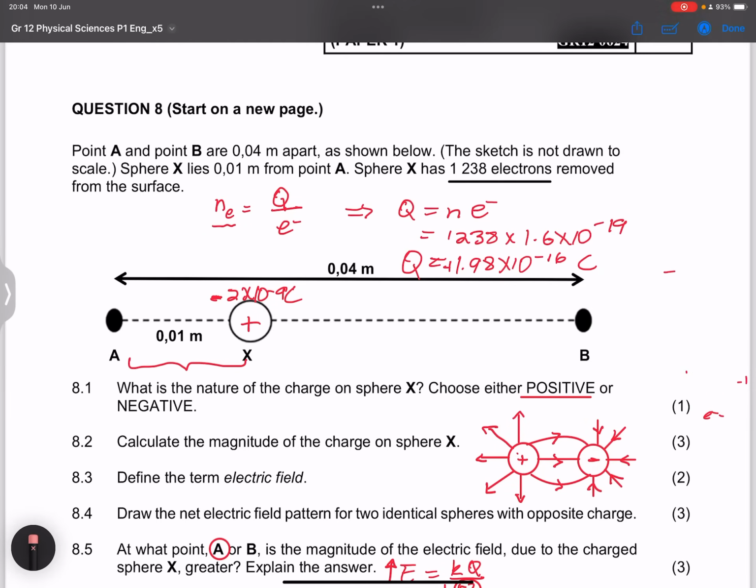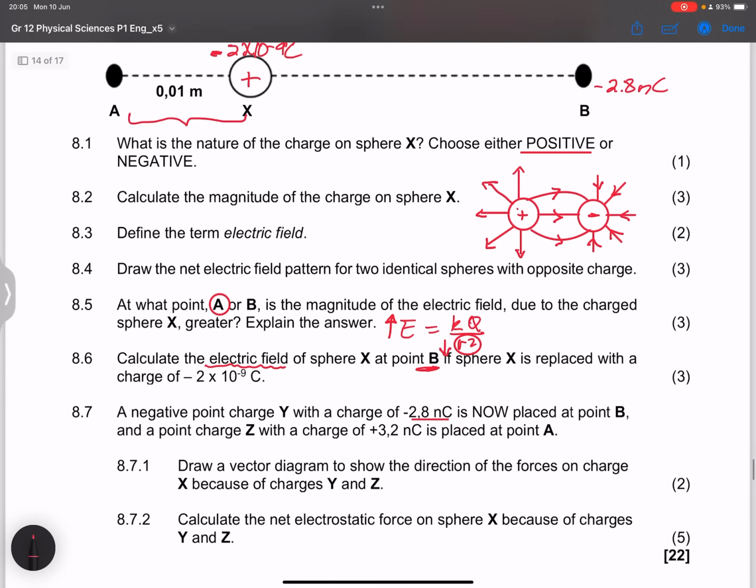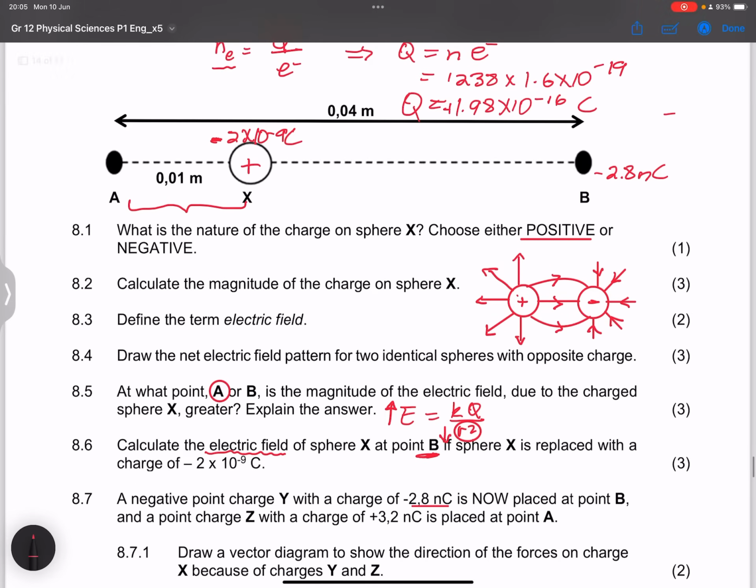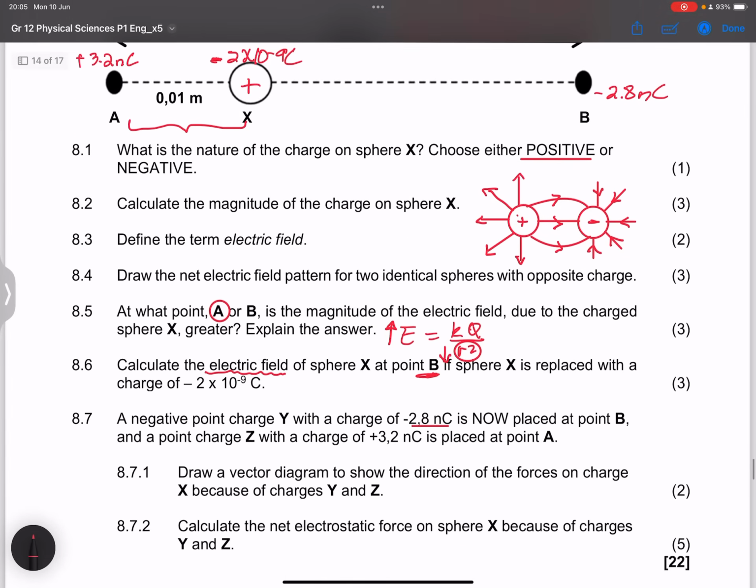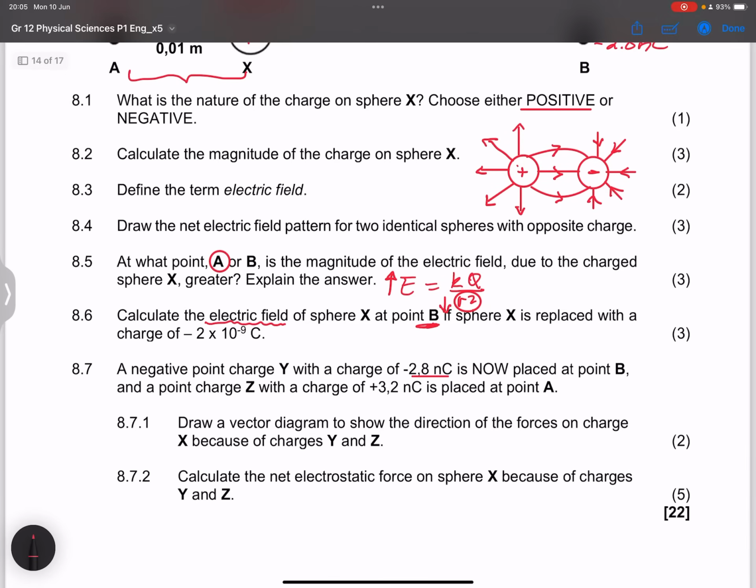Right, so we've got a charge now of -2.8 nanocoulombs that is placed there. And they say, and a point charge Z, which has a charge of 3.2 nanocoulombs at point A. So we've got positive 3.2 nanocoulombs. Okay, right, now they say to us, draw a vector diagram to show the direction of the forces on